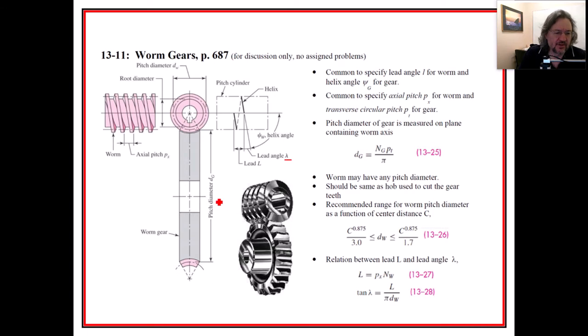The pitch diameter is something I need to figure out right in there, and the axial pitch, that's something I could measure. I could also estimate my root diameter. I can estimate my helix angle. I think right there, of course, that should be the complement, the lead angle. And then you could measure your lead. And by the way, the lead looks like to me it should be the same thing as the axial pitch of this, right? So anyway,